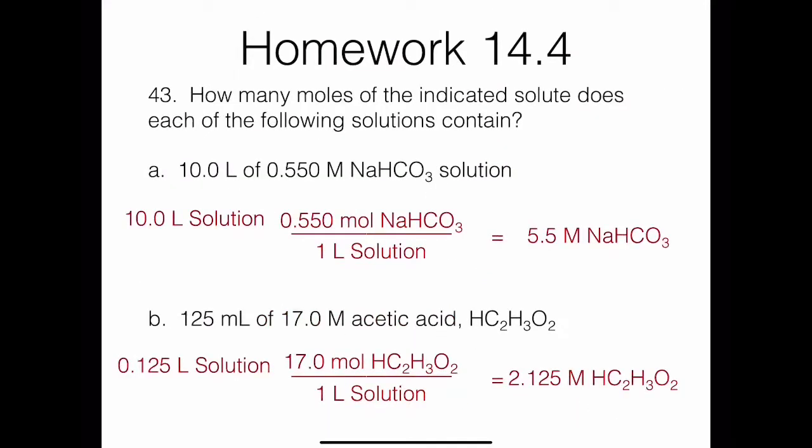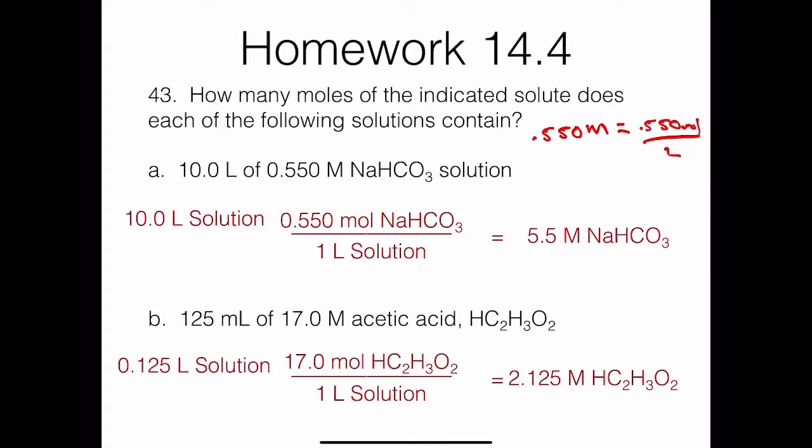The next one asks us how many moles. There's a couple different ways you can look at this. The first is through unit conversion. We have 10 liters of solution. Liters of solution is on the bottom, and then we can use the molarity to convert to moles, 0.550 molar. Remember, 0.550 molar is the same thing as saying 0.550 moles per liter. We can do that quick math and get 5.5 moles of NaHCO3, or we can look at this when we